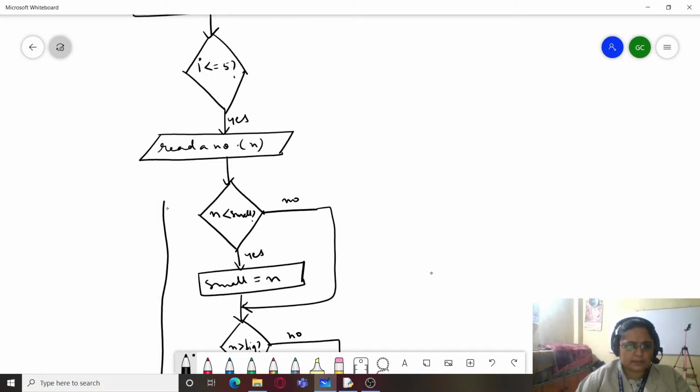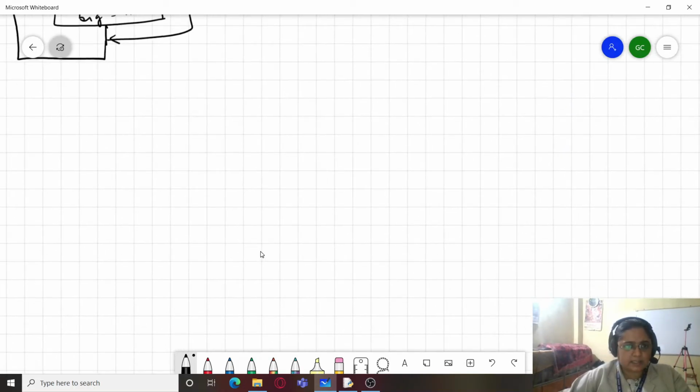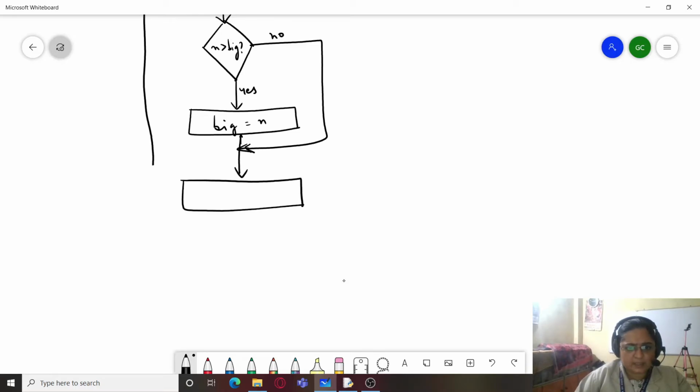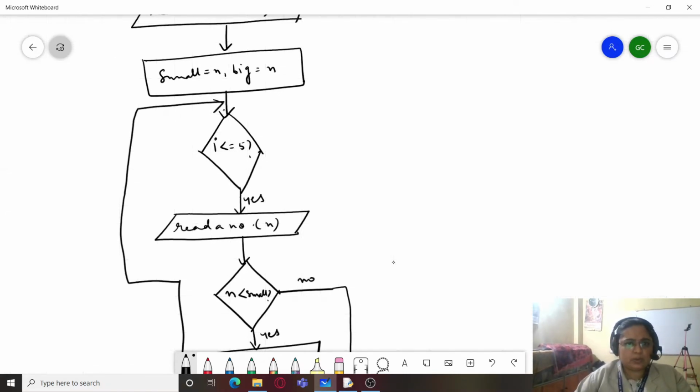So we again go back to this area. I think we are missing a step, that is increment and decrement of I. So that step is left, so we can make that change over here. I'll just be adding another statement here, and that statement would be the update expression, that is I equals I plus 1. And once this is done, we can go back and check the condition over here.